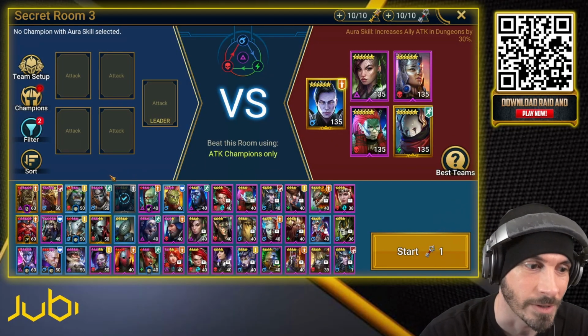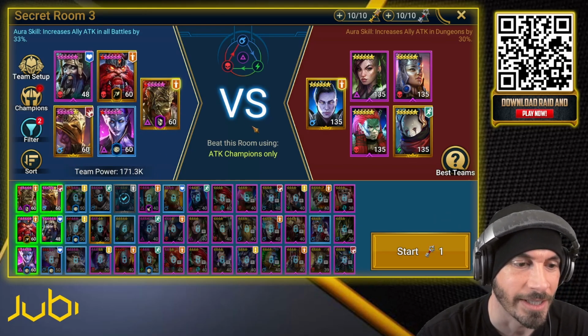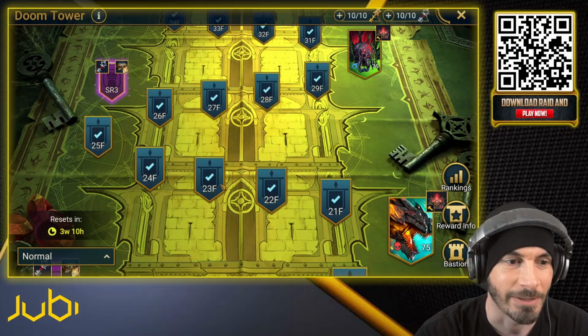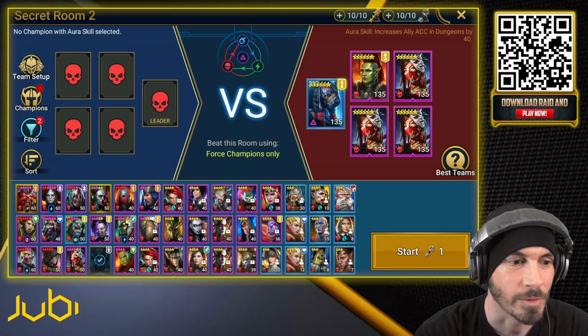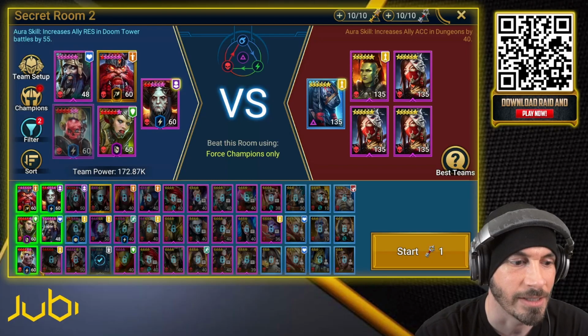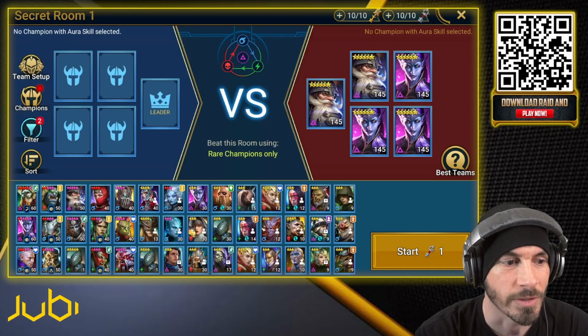Attack champions only, which we have plenty of. We could probably do this without even touching anything else. So I don't think we really have to worry about building something for that. Then we have Force Champions only, which we have plenty of Force Champions. I suppose we'll just do all of these as much as we can, and maybe we'll build a Void Rare